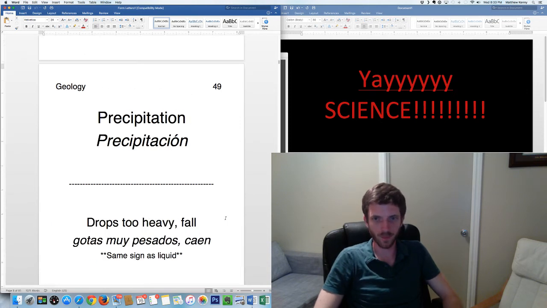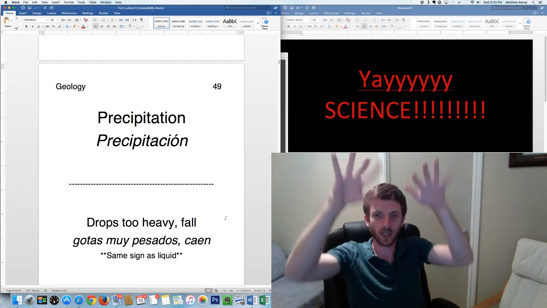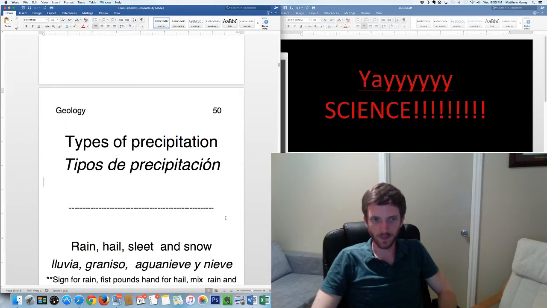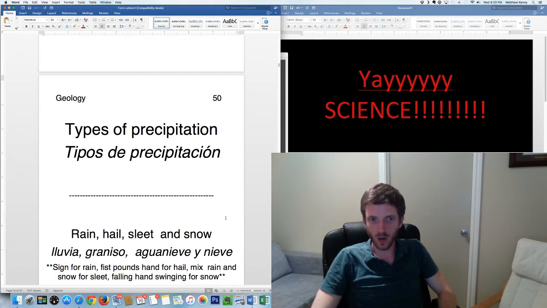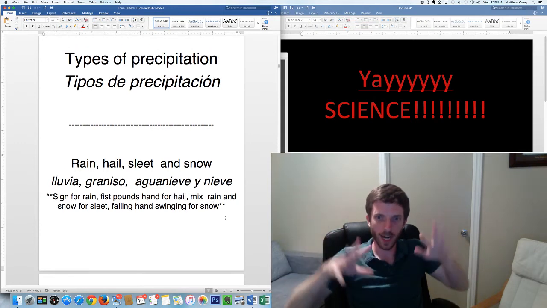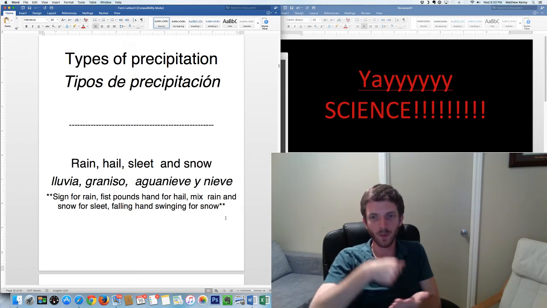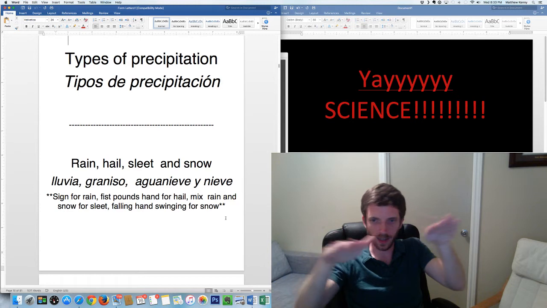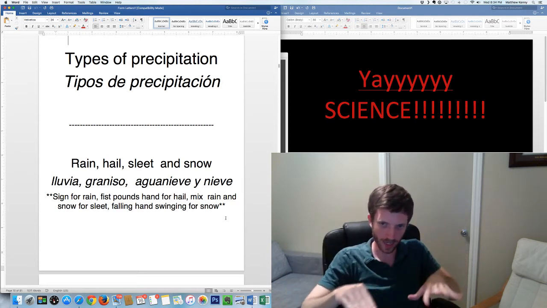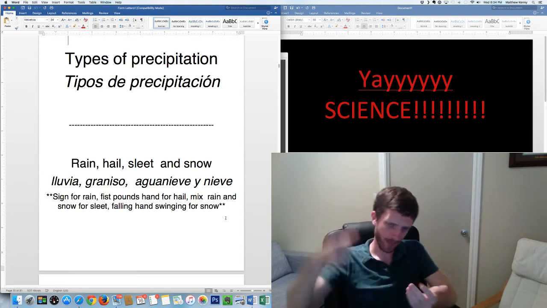All right, precipitation. So precipitation is where the drops in the clouds are too heavy and can't be held up anymore, and they fall down. So drops too heavy, fall. Types of precipitation. I probably should have made snow go first on this card instead of sleet, but you've got rain, hail, because those are like the bigger chunks of ice coming down with more force. Snow is kind of like a snowflake slowly falling down, and sleet is like a mixture between rain and snow. So you got rain over here and snow over here. So rain, hail,